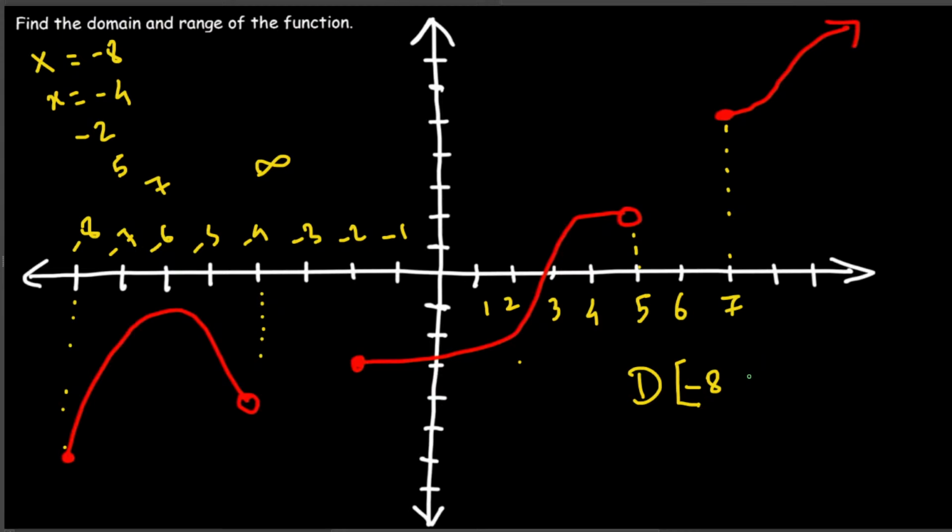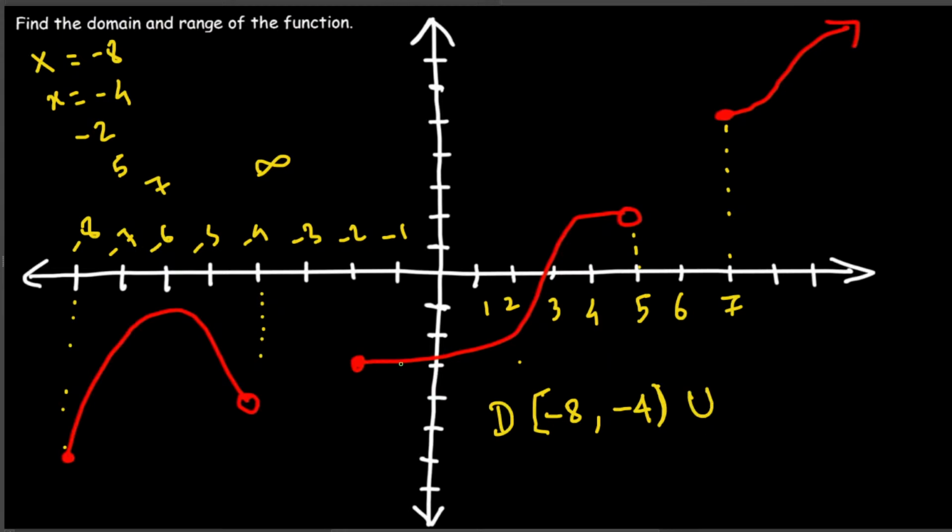And after that, okay, I'm going to take a little bit more space here. So domain, -8 square bracket, and it's ending at -4, but -4 is not included because you can see there's an open circle, so I put a parenthesis like this. Then the next thing is we put a union,